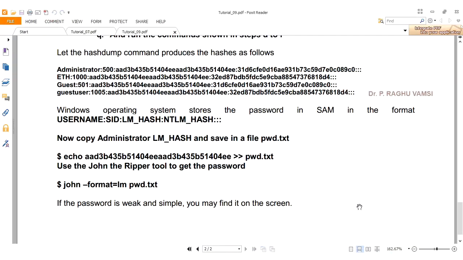That's all for this video. You try the password cracking and getting access to the target computer on the Windows 7 operating system. The procedure is the same. The only difference is you are supposed to use the x64 meterpreter. Here in Windows XP, I am using the normal meterpreter.